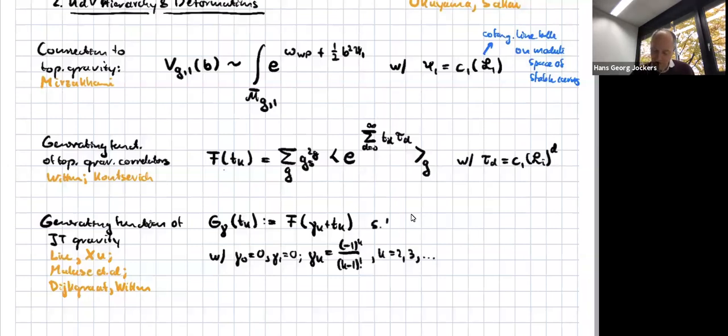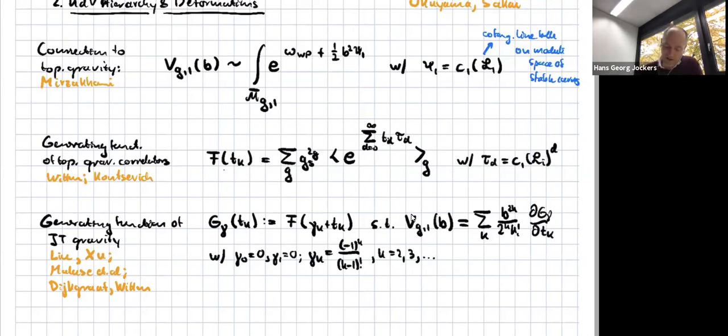And the nice thing about this generating function is that these volumes that we're interested in, not just these volumes with a single geodesic boundary condition, but I spell it out now for these particular volumes, can be obtained by taking this generating function and, with some decorating factors, taking derivatives with respect to these parameters dk, and then setting the tk equal to 0. Okay, so what I'm telling you is that we have a very compressed form now. So we have this generating function.